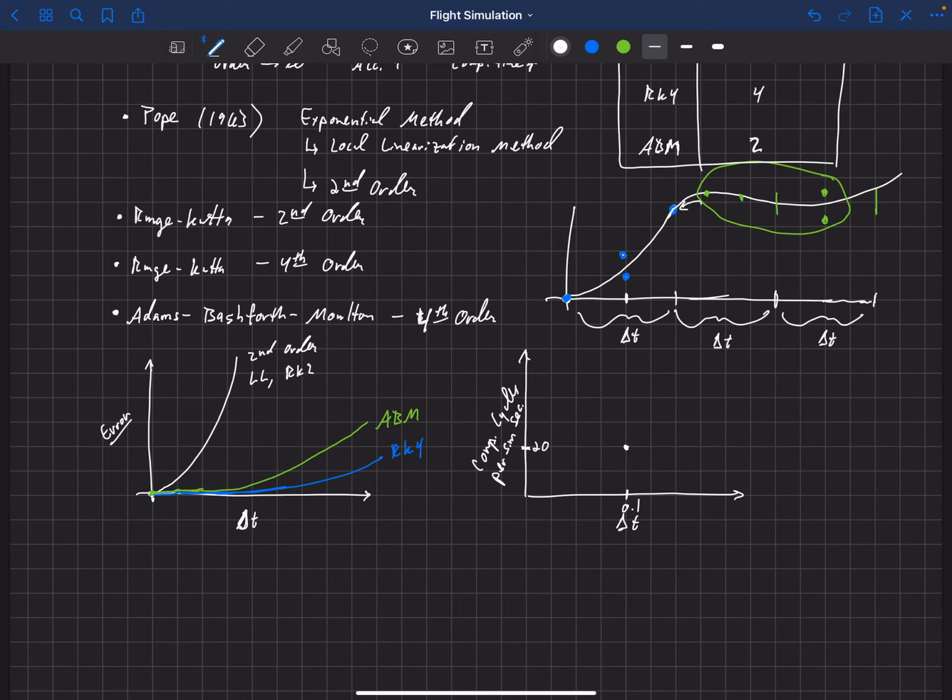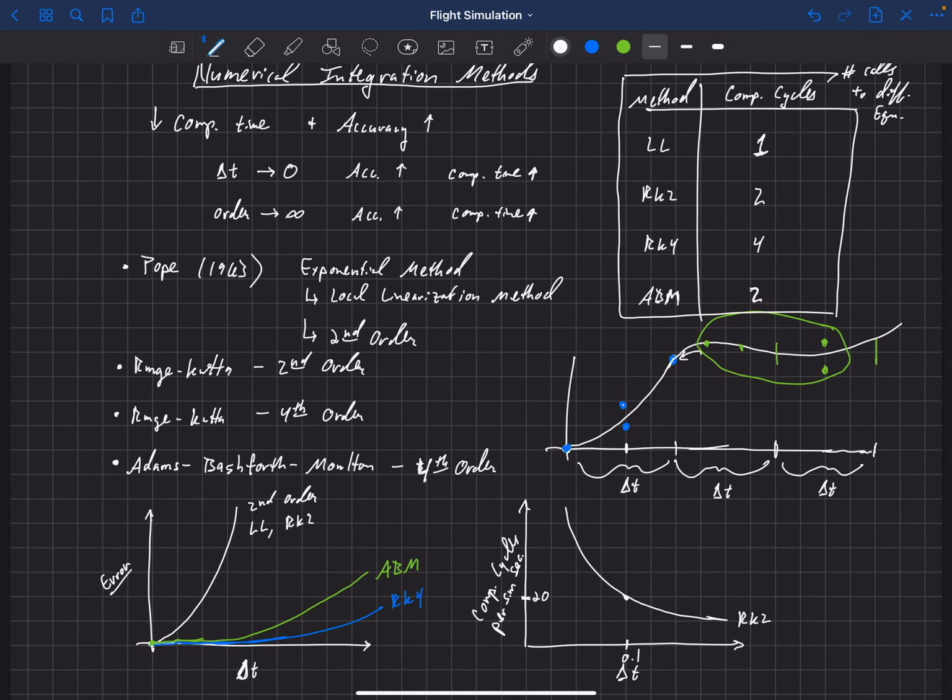And we could compute that as we increase delta t, and plot this and see what it would look like, something like this. Okay, so this is for any method that requires 2 calls per time step, and they would fall along that line there. So that's the RK2 method.